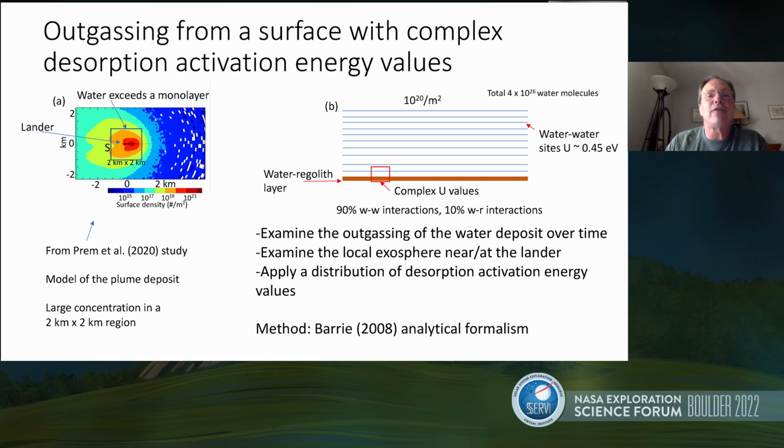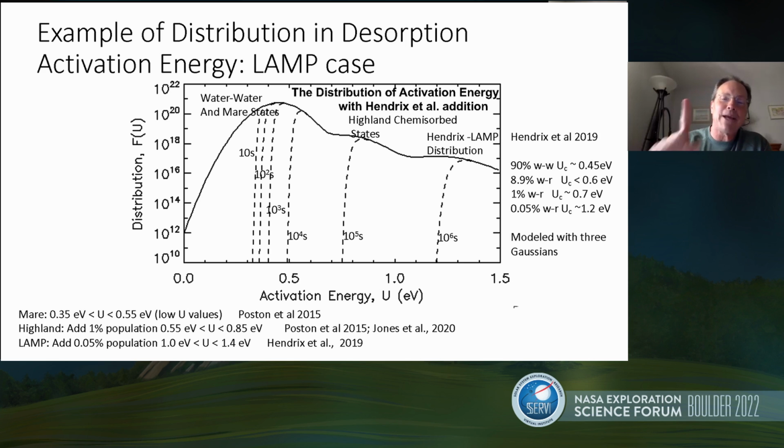And just to give you an example of the kinds of distributions that we're talking about, rather than picking one binding energy, we could model up to a continuum of binding energies. And in this particular model, this is the most complex model we developed. We included Gaussians to describe the various activation energy states. And so for water and mare regolith, water-mare soil interactions, we assumed that the values were relatively low, consistent with Michael Poston's 2015 paper, where